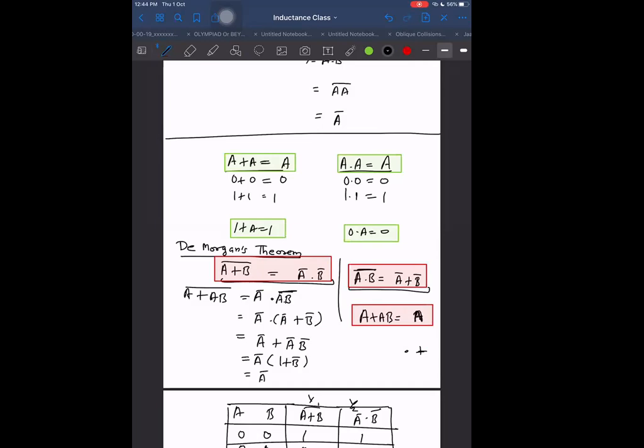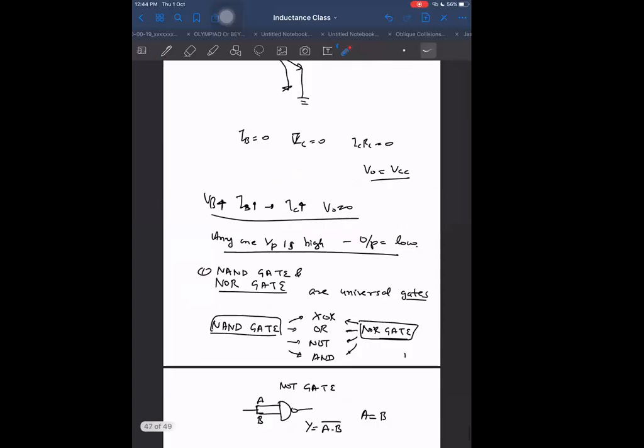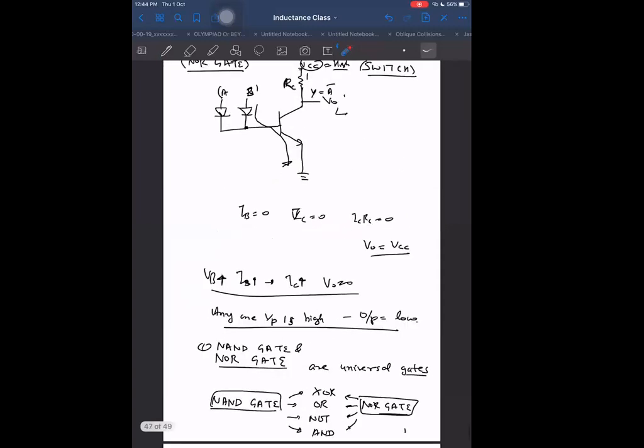Why do we want to convert the big expression into a simplified expression? The purpose is economics. What does economics mean? Every gate is costly. We want to make a circuit in which a smaller number of gates will be used. As far as we can minimize the gates, that will be better. If I am able to do the same task using fewer gates, then my circuit will also be more efficient. It will be quicker. Response time will become better.